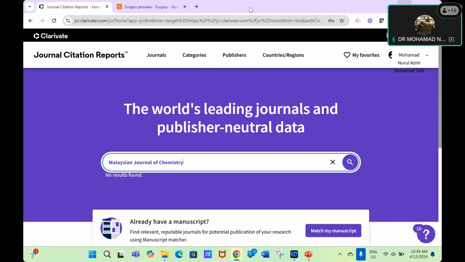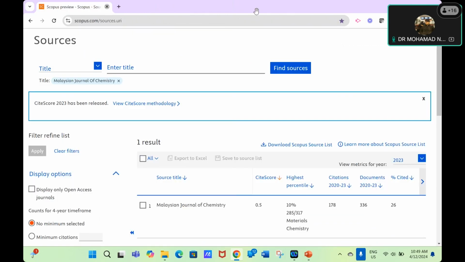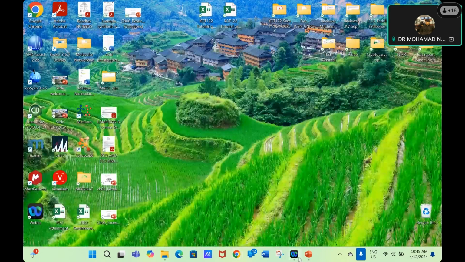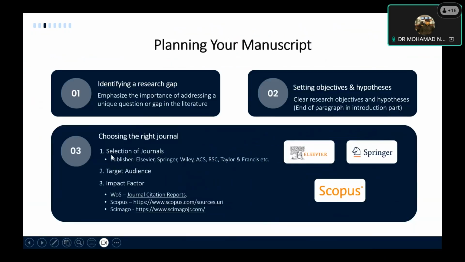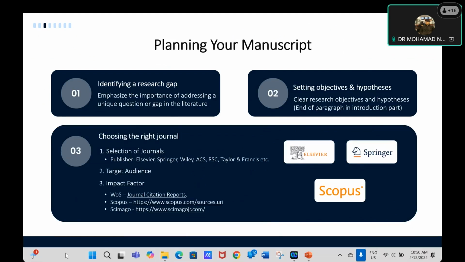Okay, so this is the thing that you can do. Next, it's better to explore one by one: Elsevier, Springer, Wiley, ACS, RSC, Taylor and Francis. Our general practice is that I do the submissions, and when we get a reply, I go to the student and discuss what we have to reply to them. This is the practice that we do in our team.